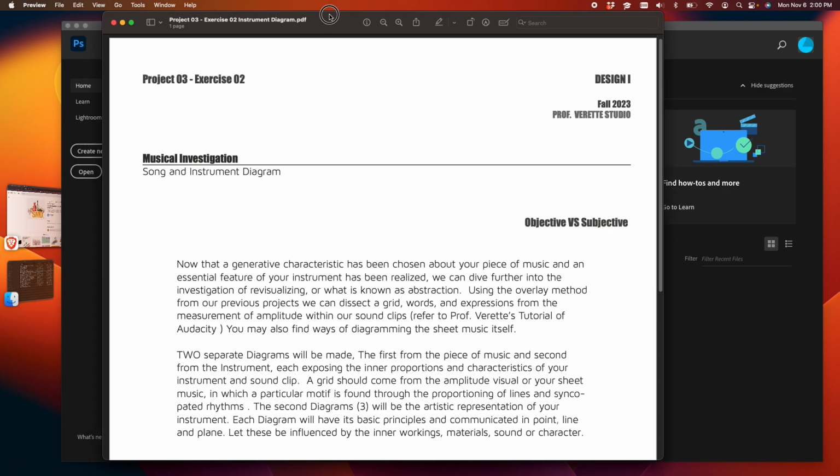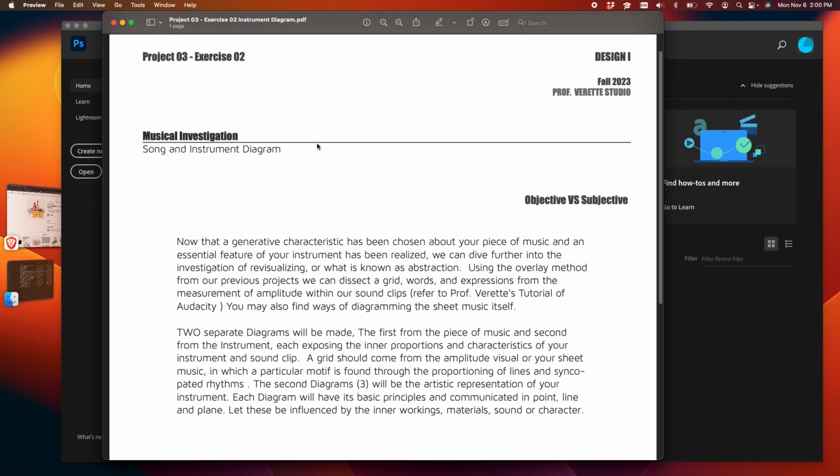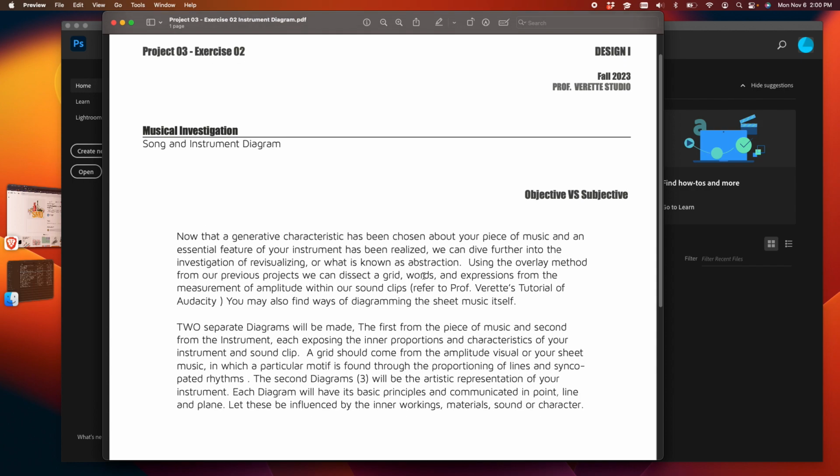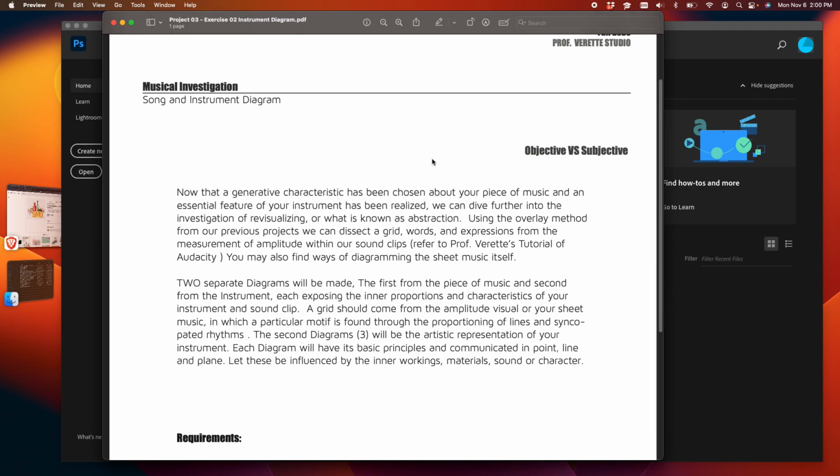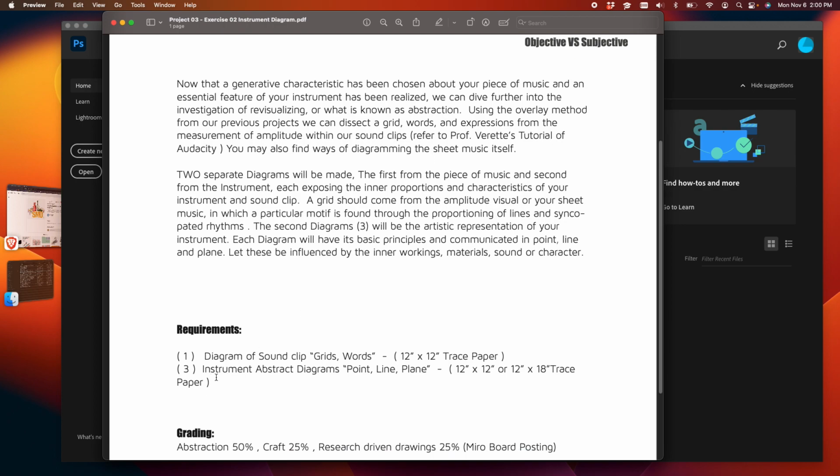And of course, we have exercise 2, right? Titled Song and Instrument Diagram. If you would like your copy, of course, it's under assignments in Canvas, right? And you're welcome to read along with us. But obviously, we're looking at the objective versus the subjective, right? And as I've already coined, basically, we're going to make one diagram about the sound clip and 3 diagrams for